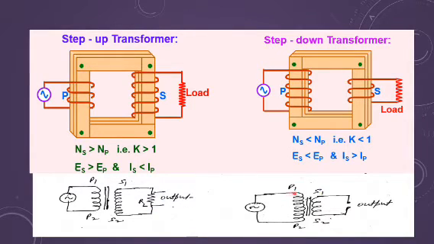And the number of turns you can simply draw with the pen like this. No need to draw these split sheets, because it will become very difficult to draw. So whenever you have to draw the step up, take care of the number of turns. It should be a little more than the primary. And here the number of secondary turns should be less than the number of turns in the primary coil. These two lines I have drawn to simply show the phenomenon of mutual induction, which is the symbol for any transformer. You have to make the primary and secondary coils. You have to show that mutual induction is there.